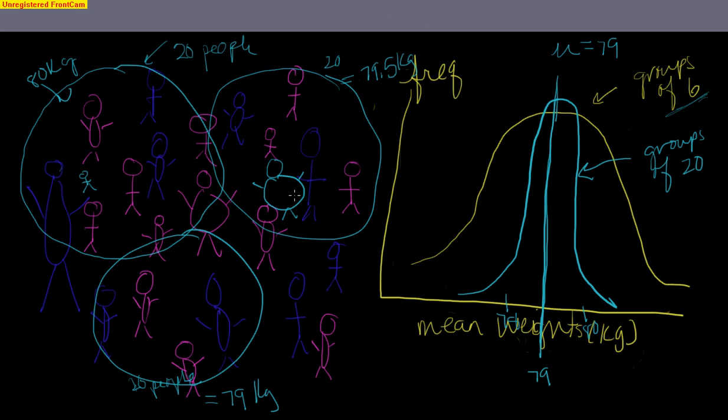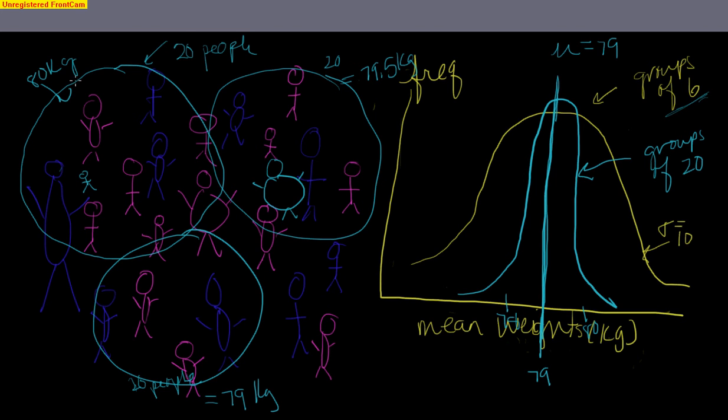So what is the difference between this yellow curve and this blue curve? They share the exact same mean. But if you remember, standard deviation has to do with the spread. So while the original standard deviation is very widespread, it was probably 20, this one shrank, maybe this standard deviation is 10,